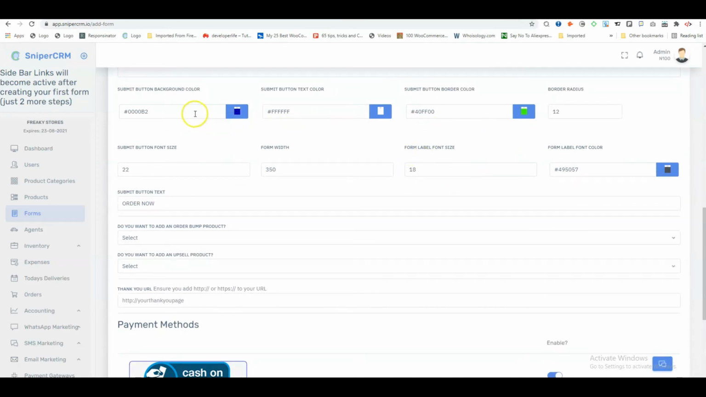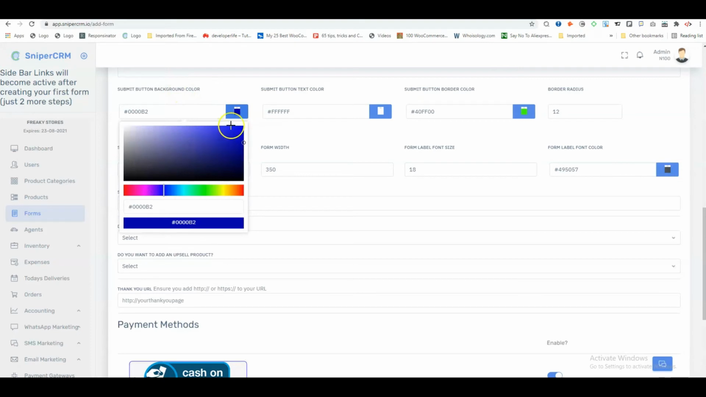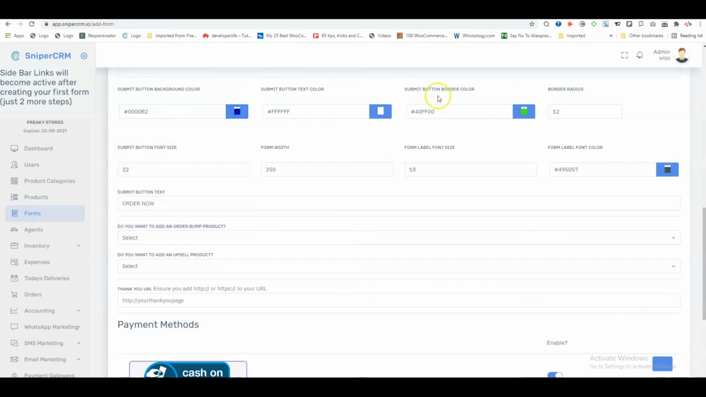So if you want to change anything here, for example, the submit button background color, you might want to change it to your own desired color. Select the color here. The same thing with every other thing here, the button text, button border color, border radius, and everything. But the figures here are default, which is good enough for you to set up your store and